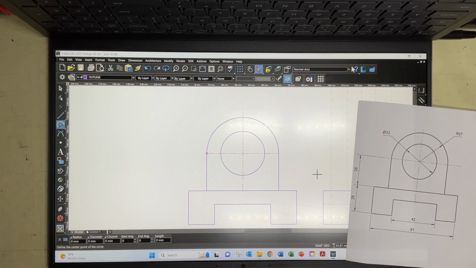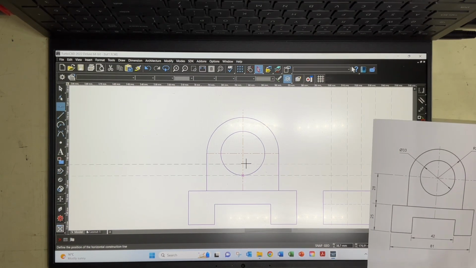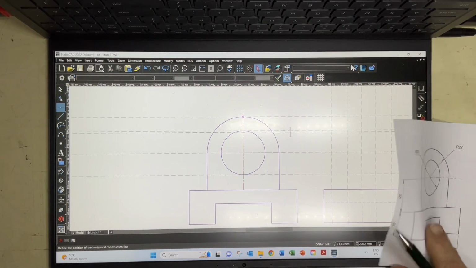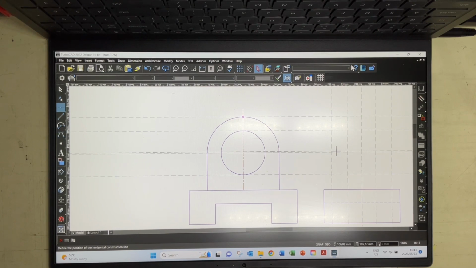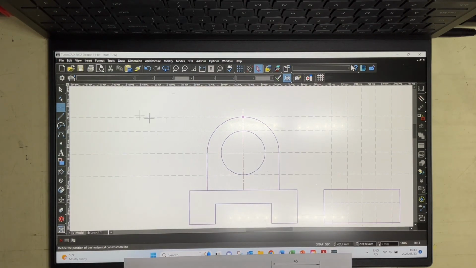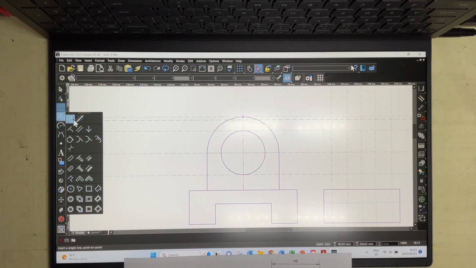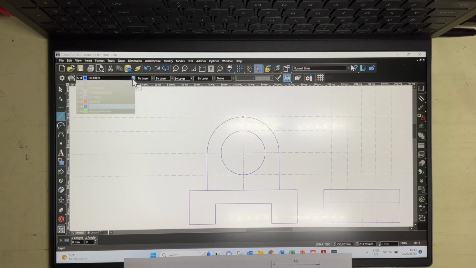Right, once I've done that, I can then take the construction lines across into this view over here. Construction line from there, construction line from the center, construction line from there, and construction line from the top. And I can now draw in the view that I've got over here. I'm going to select my outlines. Outline, just make sure that it is an outline first. And I come in over here, I go click, click, click, click, click,